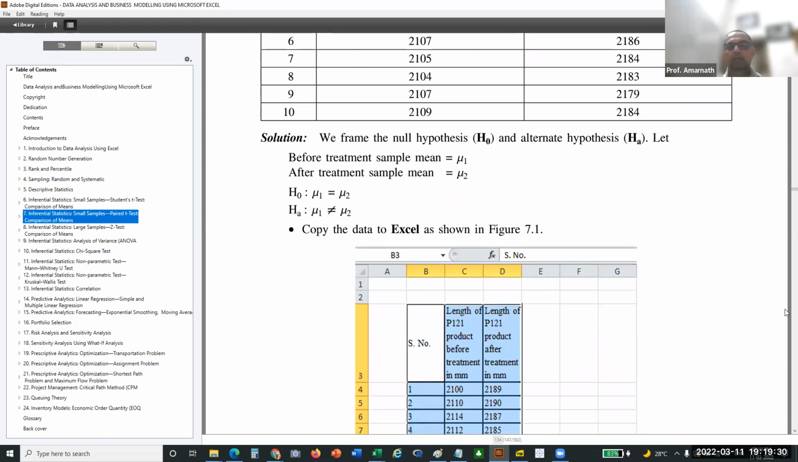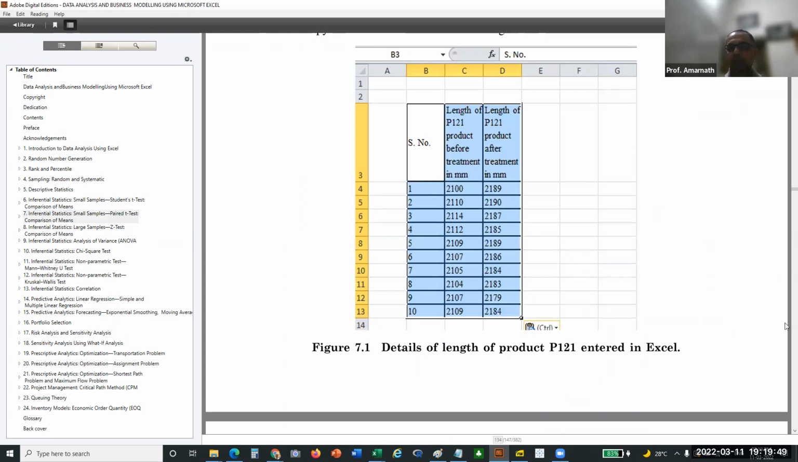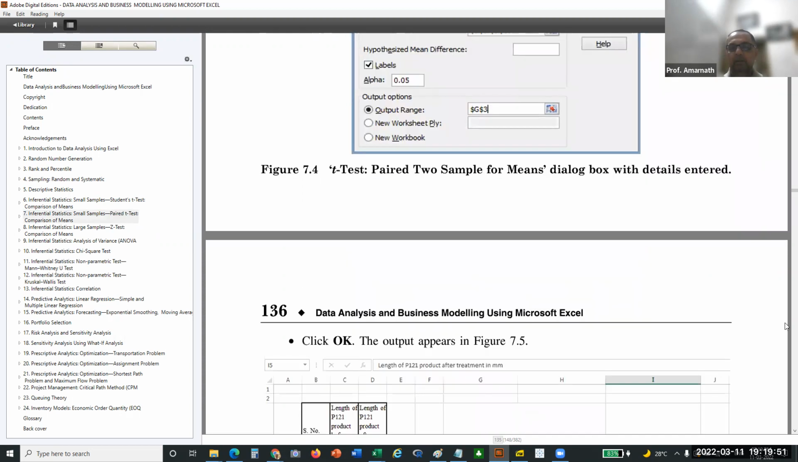So I assume that mu1 is equal to mu2. Definitely no. The calculated value is less than 0.05, so the alternative has to be taken into consideration: mu1 is not equal to mu2. And that is supported by the fact that